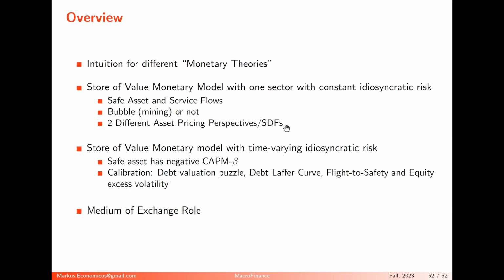And next time we will actually do time-varying idiosyncratic risk. And now we have aggregate risk on top of it. And once we have this sigma tilde moving around in a stochastic way with aggregate risk, then whenever we go into a recession, the value of the government bond will go up endogenously and we'll get a negative CAPM beta. And that makes the government bond really valuable, because it gets a negative beta and makes quantitatively a big difference. So let me leave it at that.